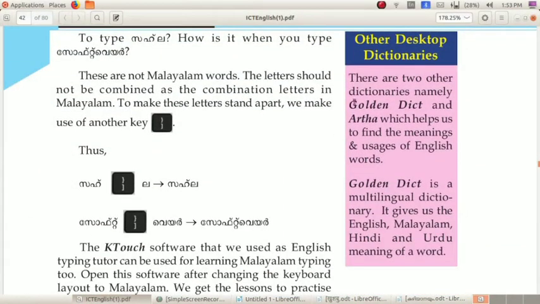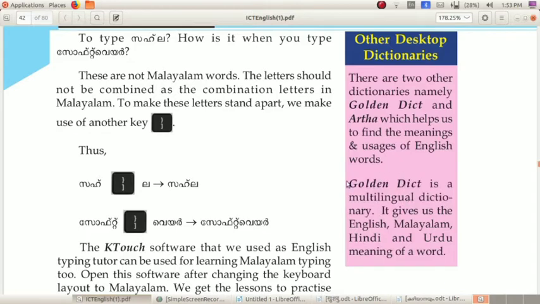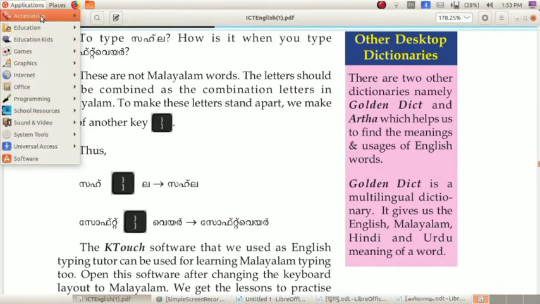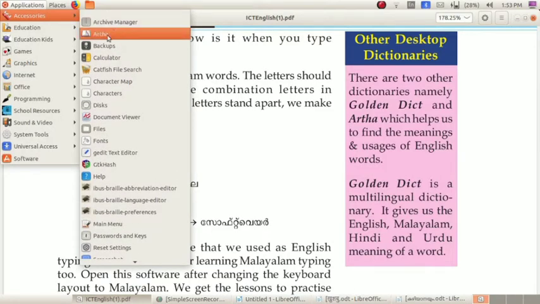Then here you can see other desktop dictionaries that are Golden Dict and Artha. Those are also dictionaries that will help us to find the meanings. Golden Dict is a multilingual dictionary. It gives us the English, Malayalam, Hindi and Urdu meaning of a word. So I am just checking Artha, applications, accessories.